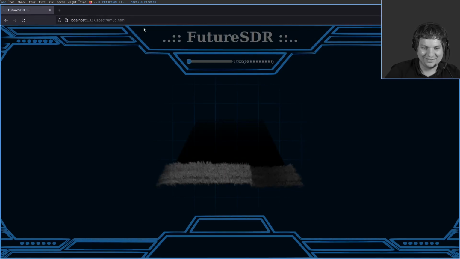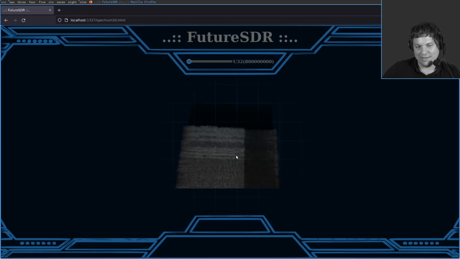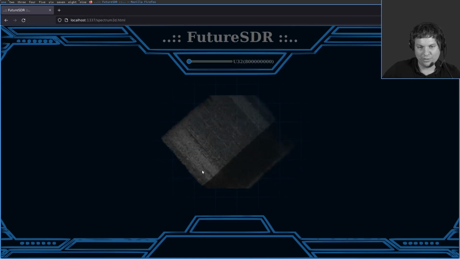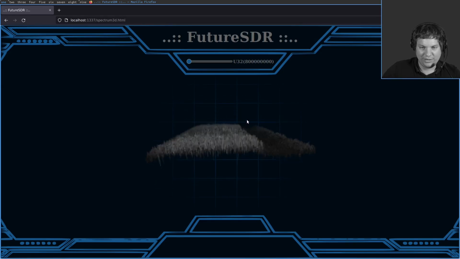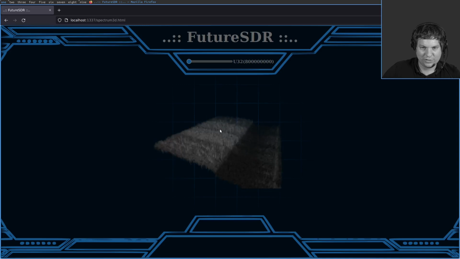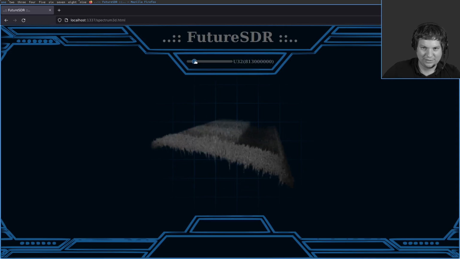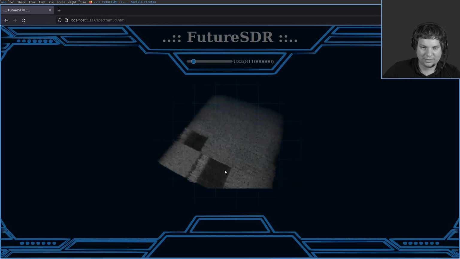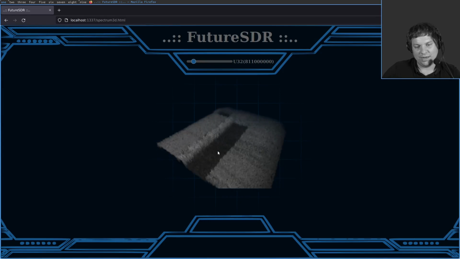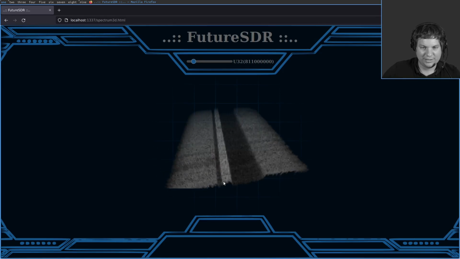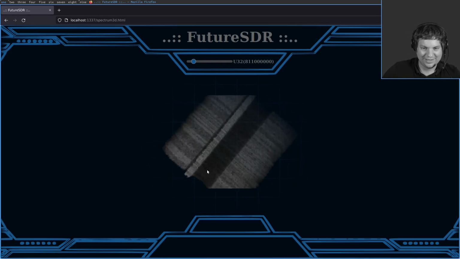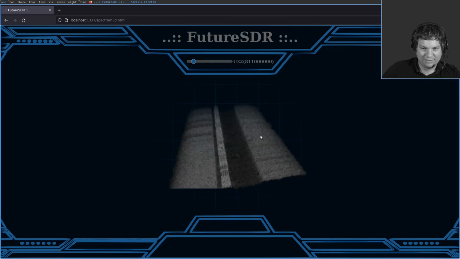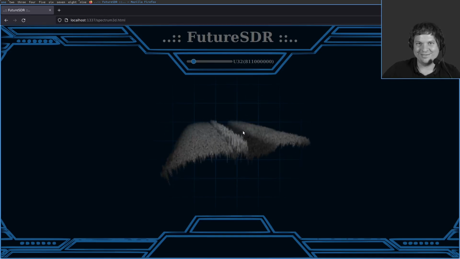I've seen a demo from Google where they did a 3D visualization from an audio spectrum, and I just adapted it here to have a 3D visualization of the spectrum at 811 megahertz, where we again see parts of the LTE carrier with the NB-IoT, having a 3D spectrum in the browser.